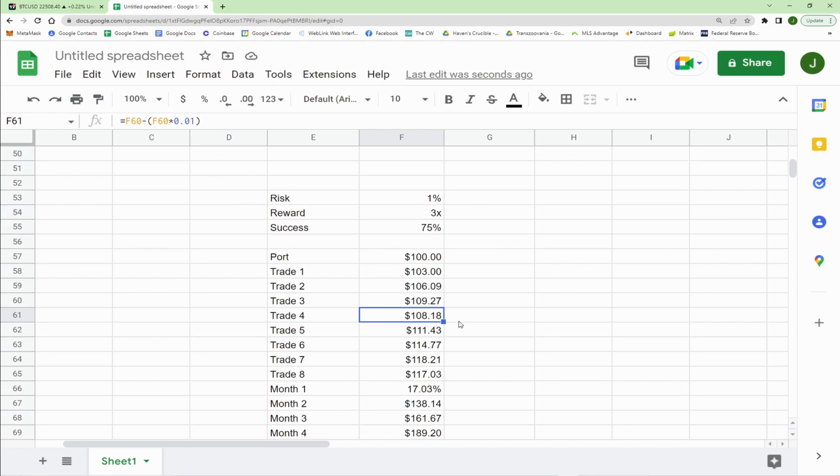Right? Now, let's say that continue. Oh, and by the way, if you're risking more than 1%, these gains are less. Because remember what I said up at the top here, at the top of this spreadsheet. If you're risking too much, the losses hurt more than the wins. The losses hurt more than the wins. That doesn't make a lot of sense, but I'm hoping that I proved that to you up above.